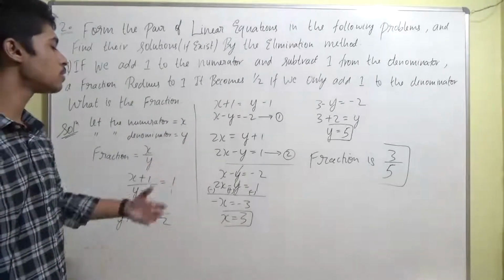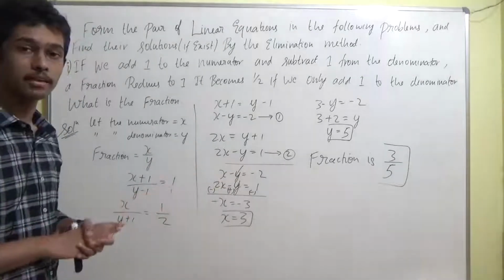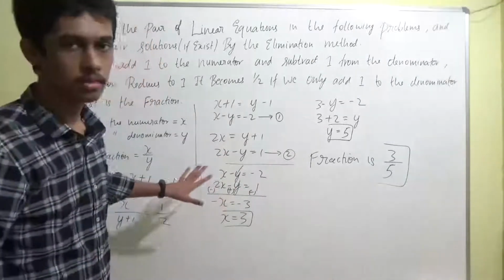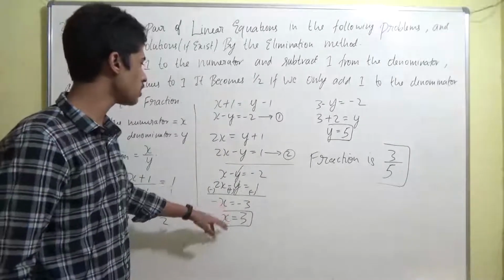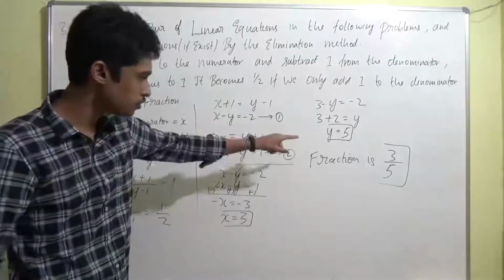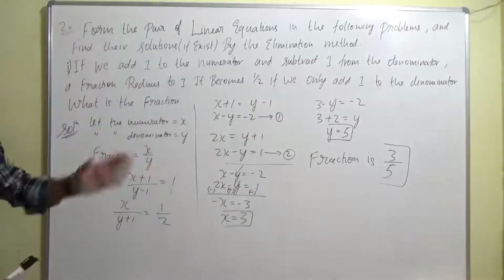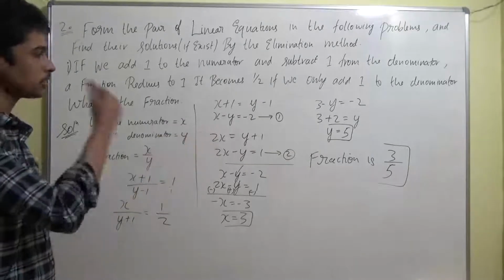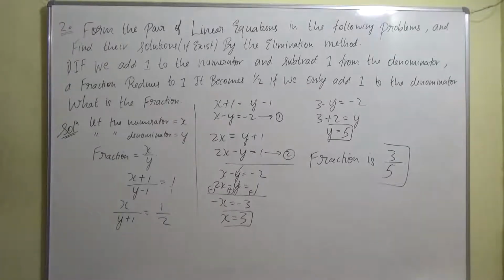Here in elimination it was a bit easy for us, guys, because the minus y and minus y terms were already the same, so there was no need to multiply again. One small step got reduced, so we could easily find the value of x, and then we substituted the value of x in any of these two equations and got the value of y. After getting x and y, we wrote it again in fractional form, 3 by 5, as the final answer. We finally concluded with the fraction equal to 3 by 5. That's it. Done. So now I'll move aside, you can take the screenshot, guys. Next, let's go to part 2, the second sub-question of this question.